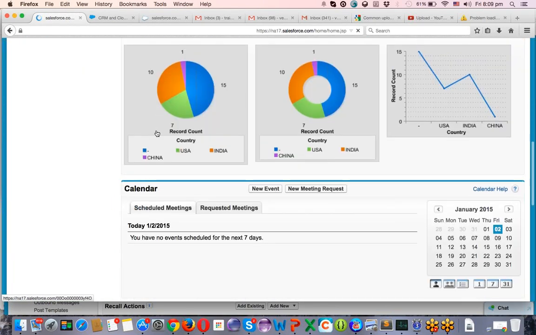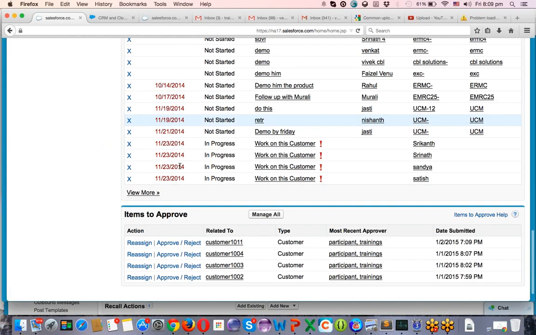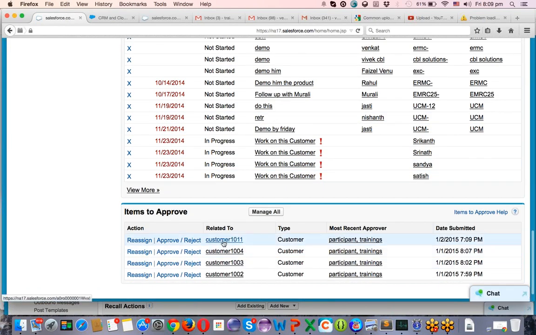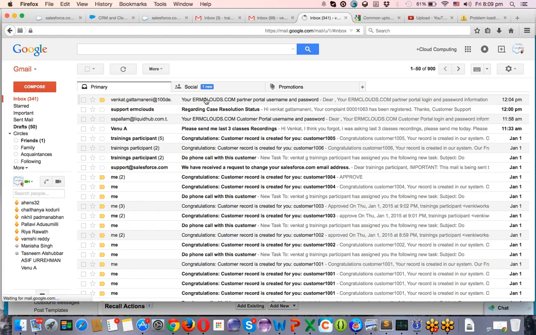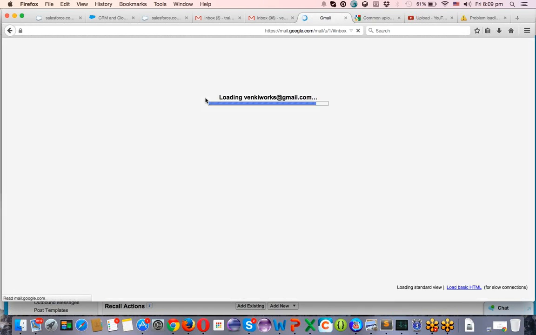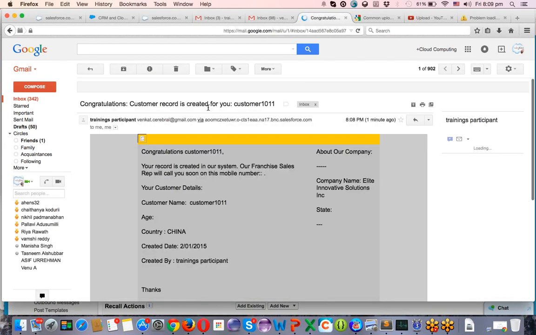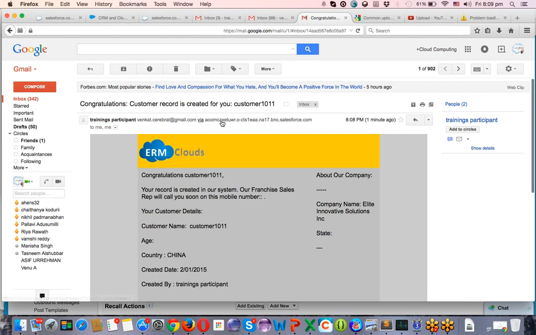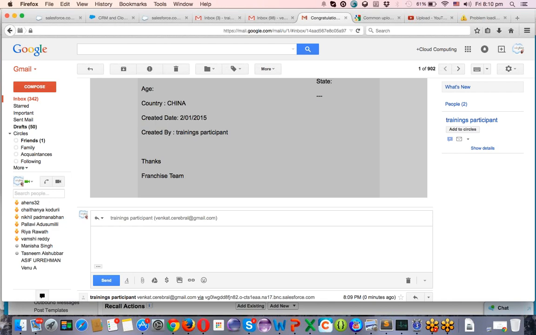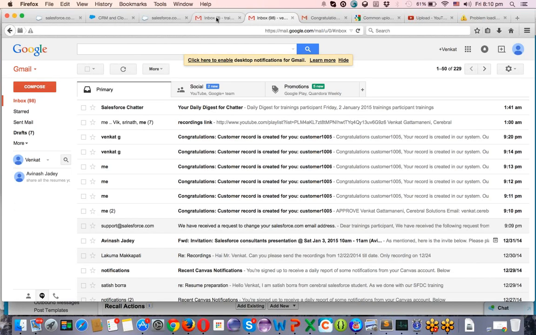I'm going to my home tab, scrolling down, so I need to see the 11th record here on the system approval process. That is here. I might even get some email to my email address. Clicking on refresh. Yeah, I got it. If I'm clicking on reply, if it is giving a Salesforce email address, it will track it. One thing I can do is that.